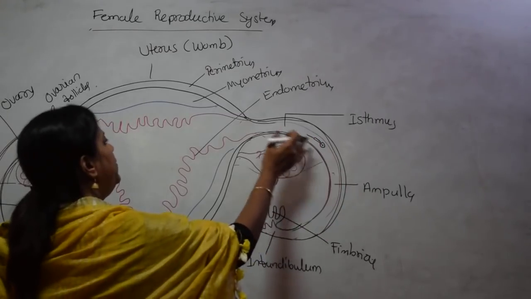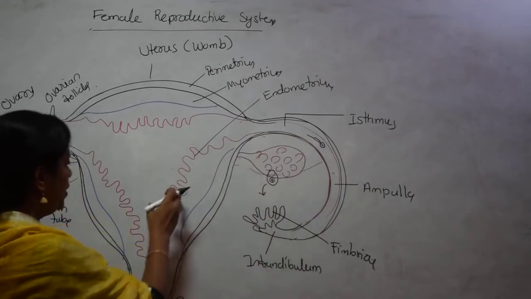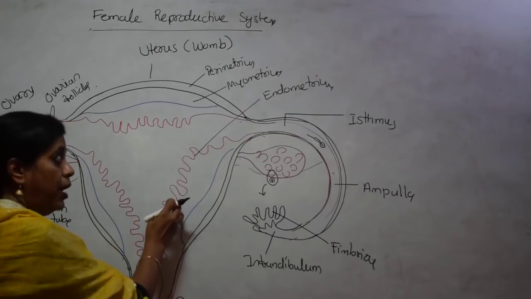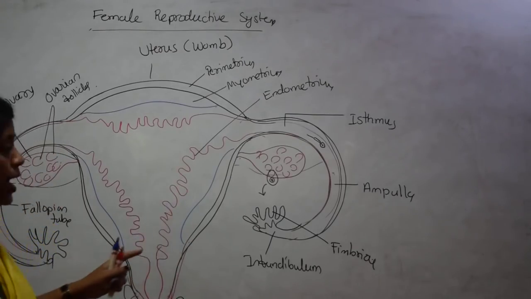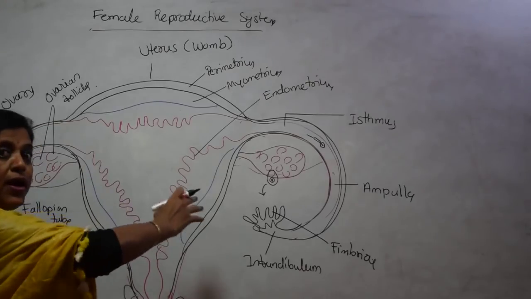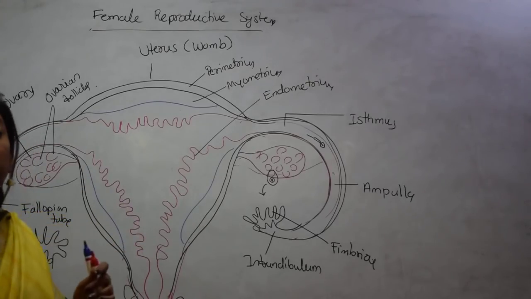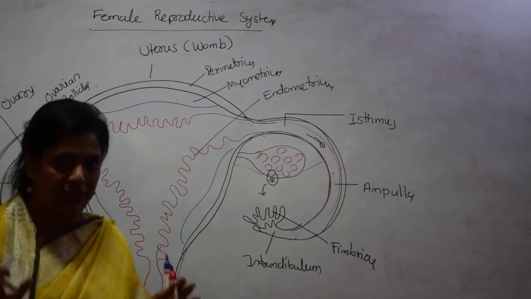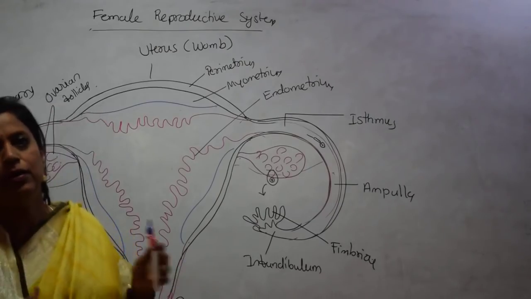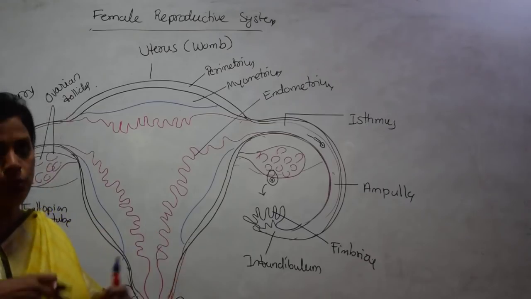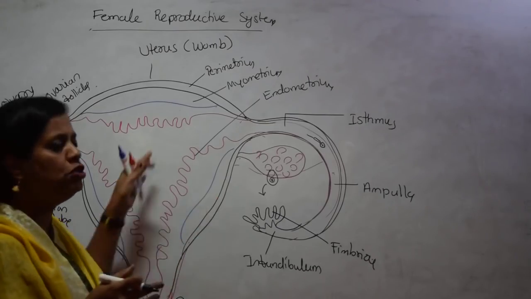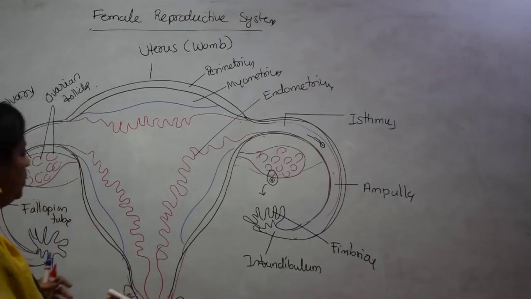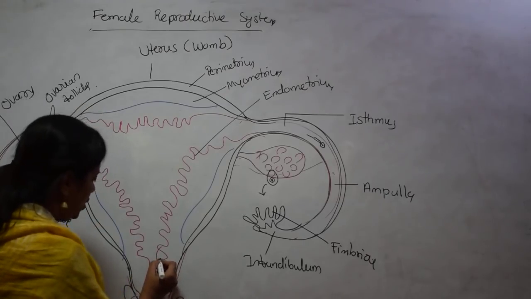After fertilization, the fertilized zygote will come and attach somewhere in the endometrium tissue. This is endometrium, and it begins to grow, and there will be a new tissue developed for the nutrition of the growing embryo. It is called a placenta. Placenta will give the nourishment to the fetus through the blood vessels. Right? So this is the overall female reproductive structure, and this portion, whatever I have drawn here,